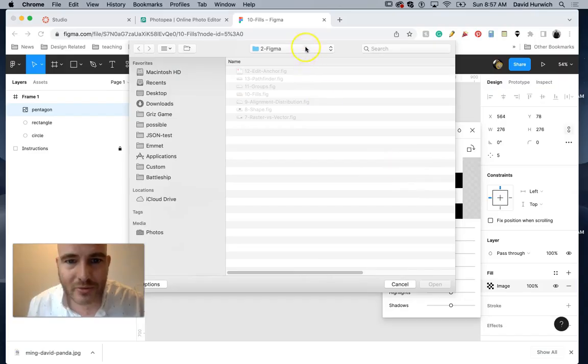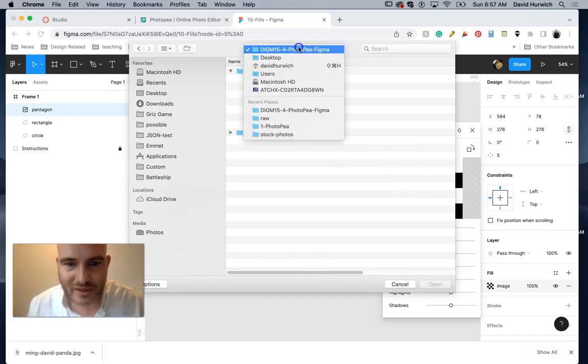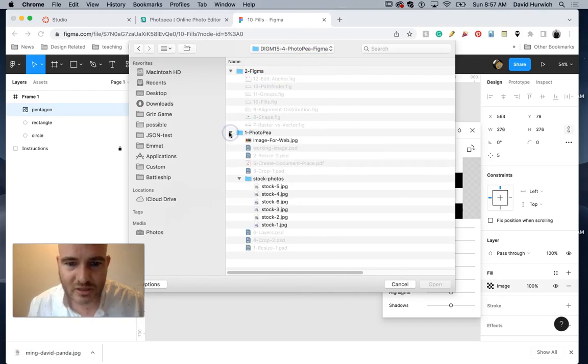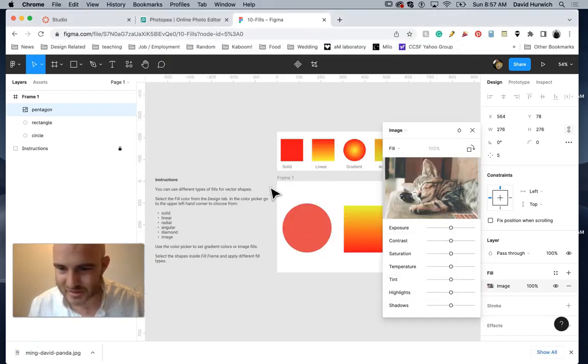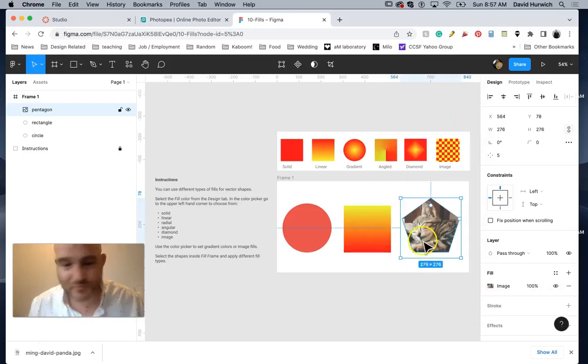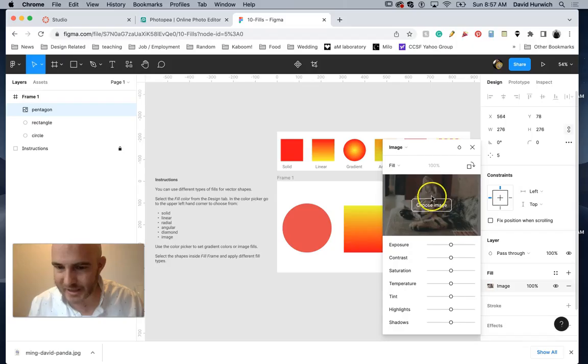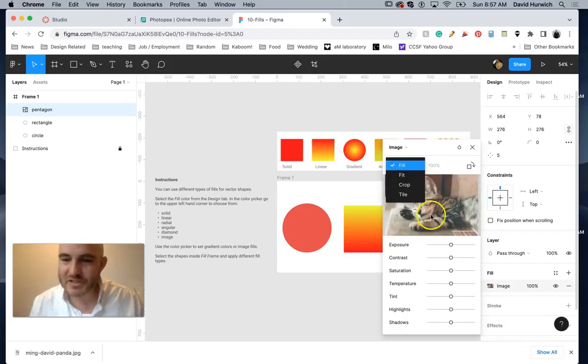So I don't have an image. I forgot to give you one. Actually, well, this isn't great, but let's use one of these stock images. There you go. So it fills it with the image. I'm going to go back, and fill means it's going to take the image and fill the shape with it. We could also tile it,